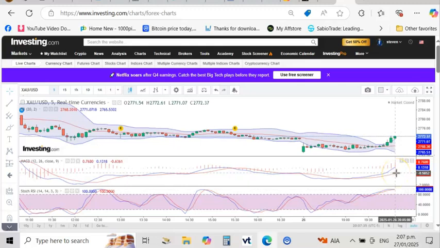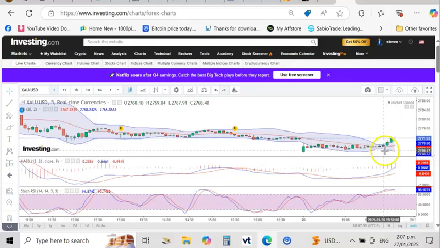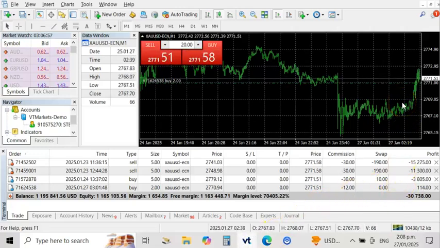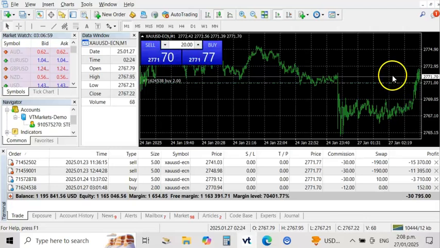It's pretty simple. If the MACD's blue line is below the red line, then you know the market's coming down. And of course, the RSI is also showing that strong uptrend, also proven and shown by the Bollinger line, or the price range anyway. Now, I've got some trades open here, but I wanted to show you, this is all I'm going to use. If this is the only chart you're going to use,